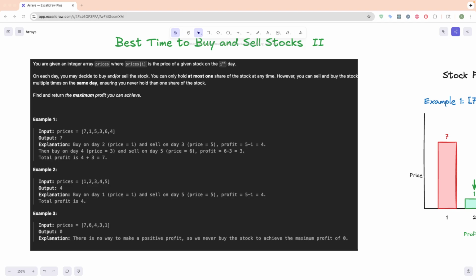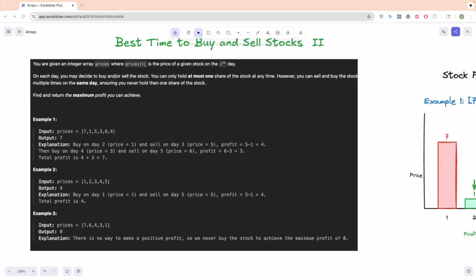Hey everyone, what if I told you there's a stock trading strategy that can guarantee maximum profit? Today we are solving LeetCode 122, best time to buy and sell stock, where you can trade as many times as you want. Unlike the first version where you could only make one transaction, here you can buy and sell